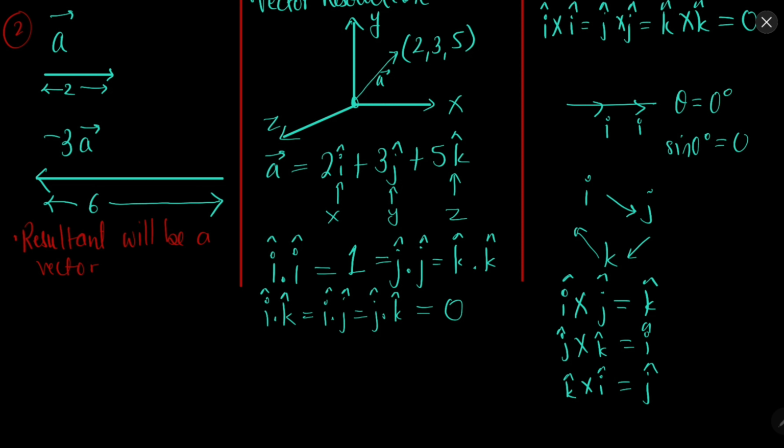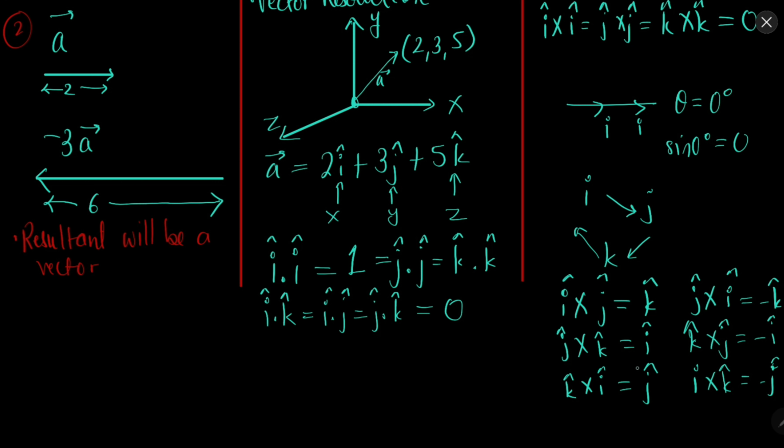So please remember, there is this important sequence going on. This is the standardization, because in vector multiplication the sequence is also important. So go like this: i, j and then k. What happens if we go in the reverse direction? Let's say j cross i, we go from j to i. In this case we will get minus k, that is minus z axis. In k cross j we will get minus i, that is minus x axis, and i cross k we will get minus j, that is minus y axis.